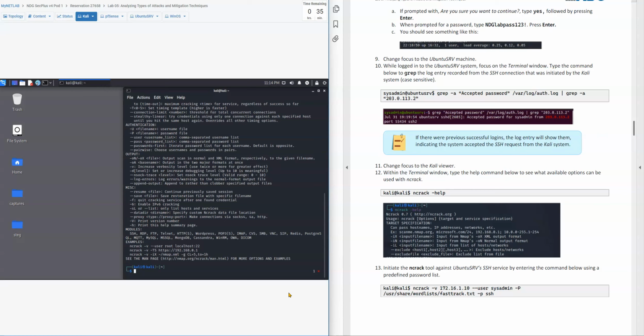So we have to type in the command ncrack space -v 172.16.1.10 for the Ubuntu server IP address, --user space sysadmin space -P, remember that's for password file. And then we're going to type out the directory for that password file, which is